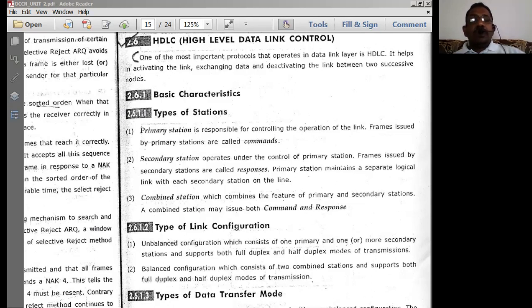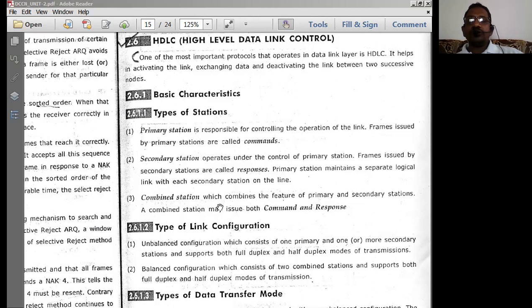Now, similar to that, we normally give names to the stations in the protocols. So in the SDLC protocol, there are different types of stations, three names given to the computers or devices in the network, called primary station, secondary station, and combined station. So we have to spell with respect to the names given to the devices connected in the data communication network, if at all you are writing regarding the protocol of the data link layer.